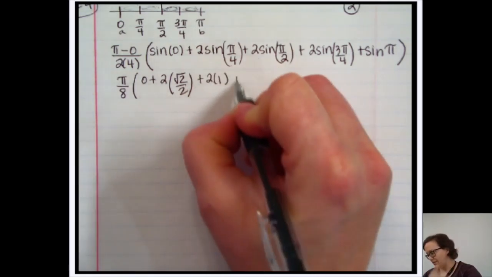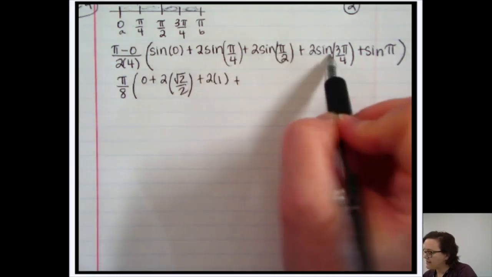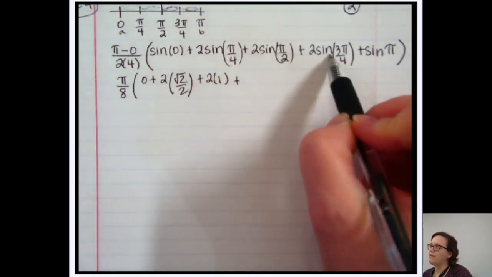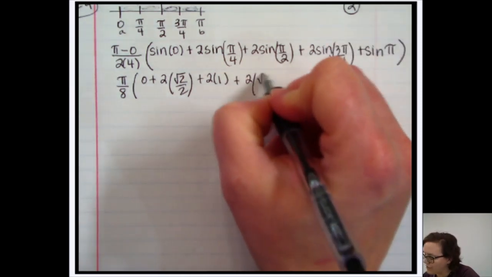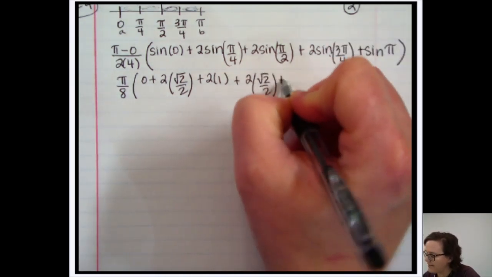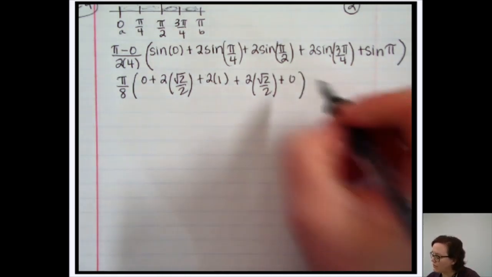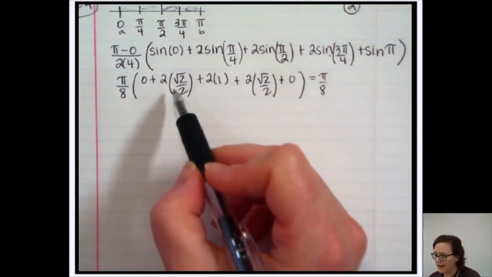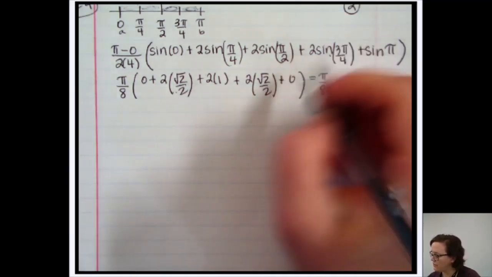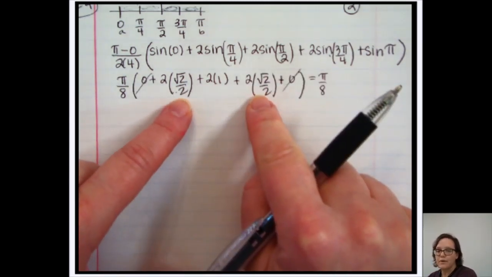Sorry. Let's see. So we're here at 0, pi over 4, 1/2. Sine of 3 pi over 4, that's 45 degrees over in that second quadrant, and so it's also root 2 over 2. And then sine of pi is 0. So now we have pi over 8. And what do we have? The zeros go out, and then we have 4 root 2 over 2, which is just 2 root 2